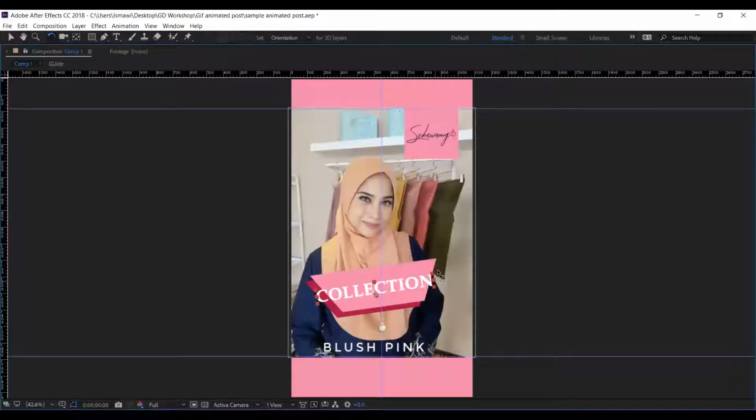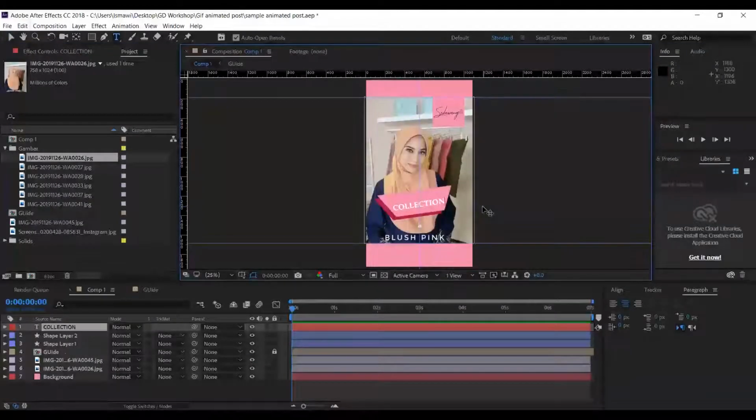Just a little bit, looks similar. Then again, we're going to resize our text. Make sure you hold Shift to maintain the ratio, and rearrange the position. We're going to put it somewhere over there. We actually need to add an S to make it Raya Collections.